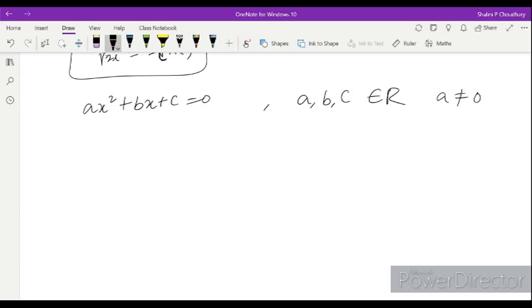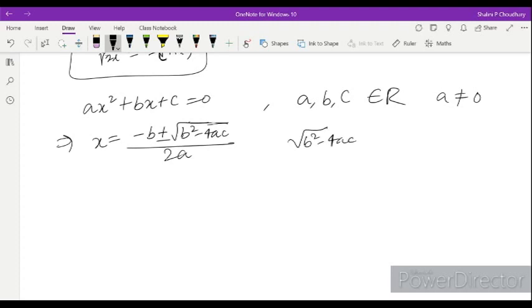Okay, now what will be the solution of this equation? X का value क्या होता है? There will be two values of x: minus b plus minus square root of b square minus 4ac, divided by 2a होता है ना. So the two values are, एक value होगा minus b plus square root of b square minus 4ac, दूसरा होगा minus b minus square root of b square minus 4ac. In this case यहाँ पे we have to find out the square root of b square minus 4ac. ये हम find out करते हैं.